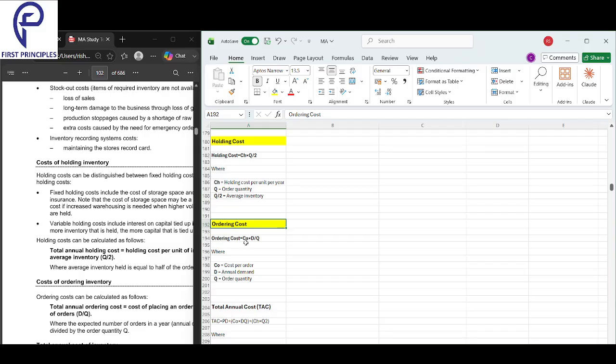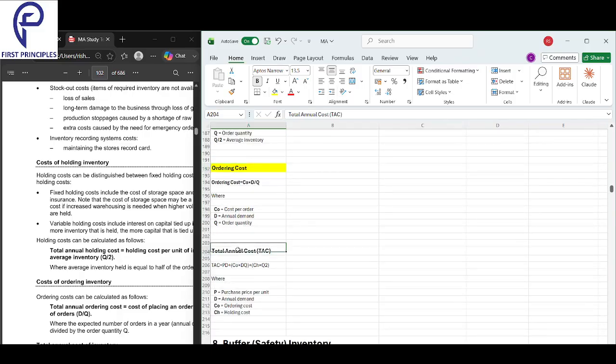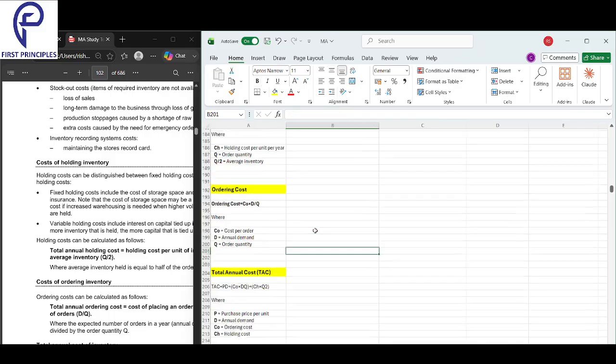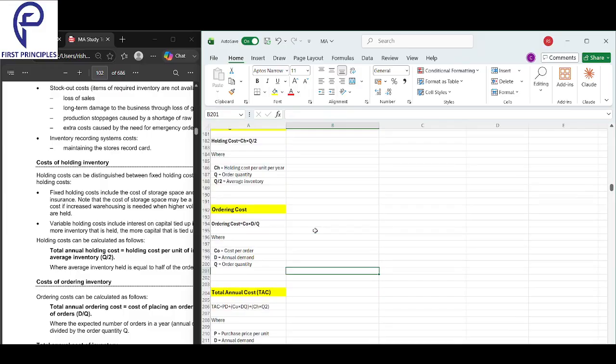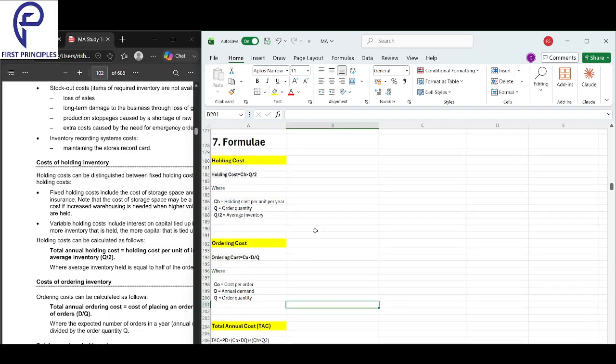It's like your delivery cost in Swiggy and Zomato. You need 5 biryanis, but you need them at 5 different times of the day. So you don't buy them at once, you place 5 separate orders, and you have to pay 5 separate delivery charges. The more orders you make, the more your ordering cost. It's like your delivery charge. If you order everything in one order, there is less delivery charge. The more times you order, the more delivery charge.